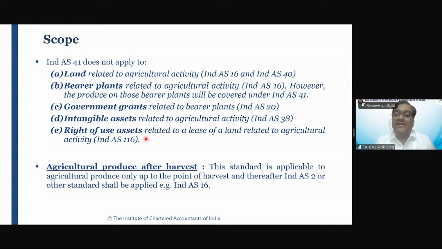It will be covered under Ind AS 16 or Ind AS 41? At the point of harvest, when this company is harvesting the mangoes, whether it is Ind AS 41 or some other standard. At the point of harvest, it is Ind AS 41, right? Agriculture produce at the point of harvest. When the company is plucking the mangoes, it is an Ind AS 41 item, okay?